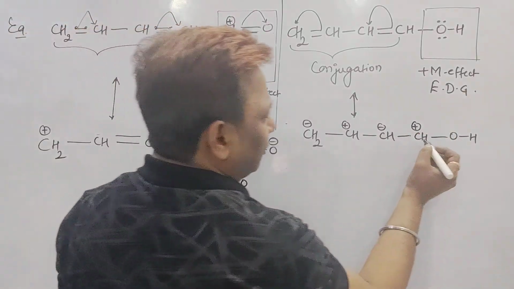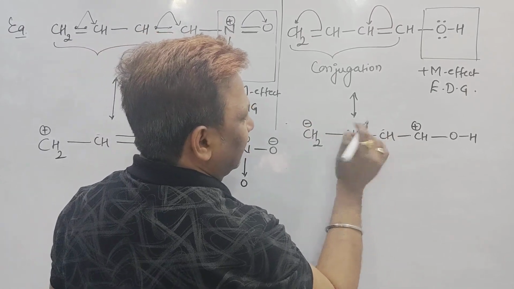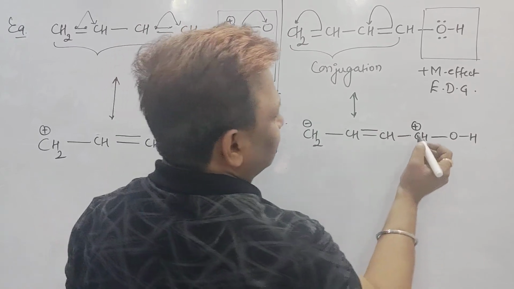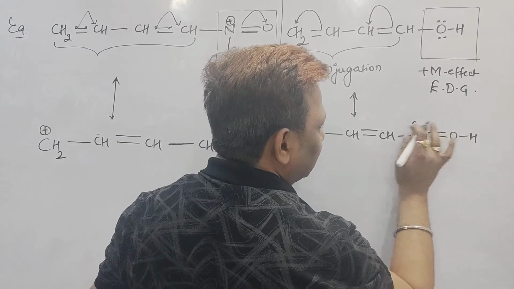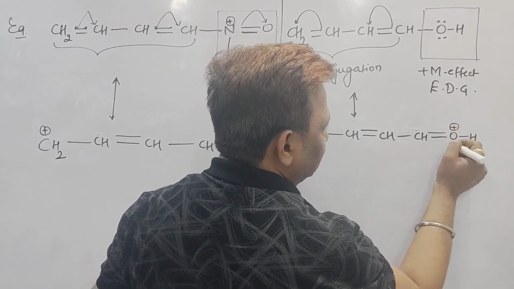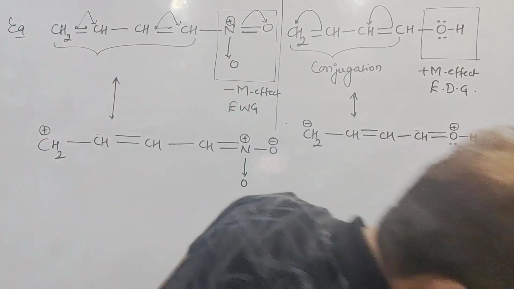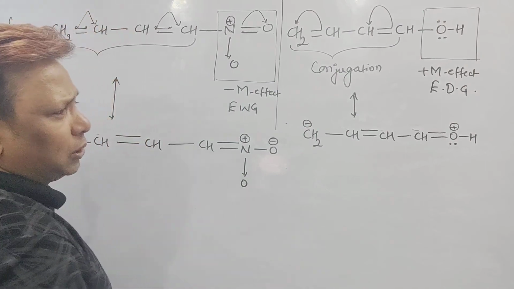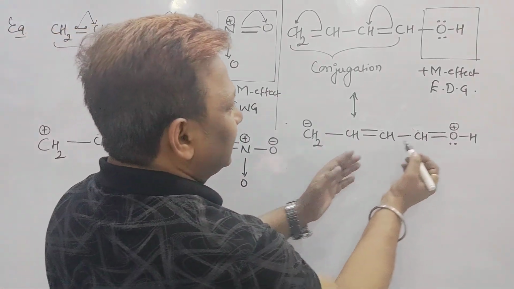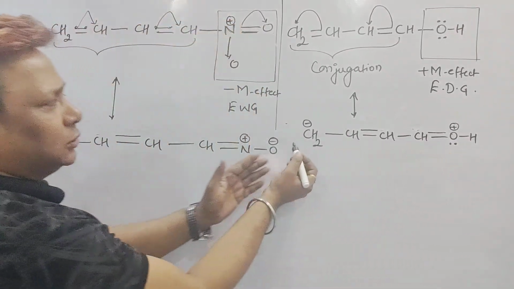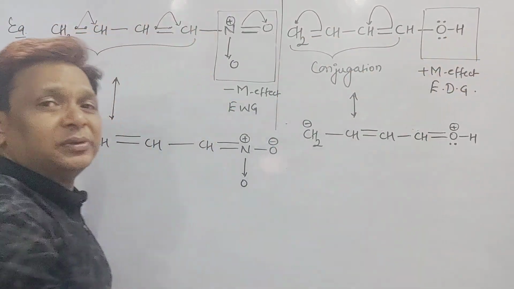Now as we got the positives here, positive and negative will make a bond. I will get the bond here. But now this carbon which is getting the positive charge, oxygen will donate its electron here. It will make the bond, and oxygen will get one positive charge and a lone pair. Oxygen is donating its electron toward the carbon, and it is getting the positive charge. That means in this case, your electron is transferring away from the group. When the electron is transferring away from the group, it is called a positive mesomeric effect.